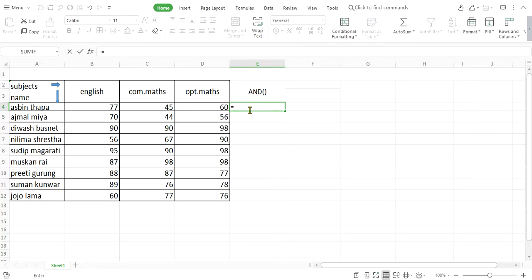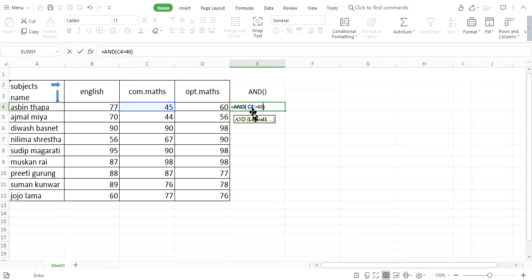Okay, we have to press equals and AND function. Here the AND function will automatically be shown. Then we have to press the tab. The function will automatically appear in this cell. Okay, AND, and let's give the inputs for this logical function, logical inputs. Okay, the inputs are, let me take the compulsory math subject, this is the marks in the compulsory math. This should be greater than, let me take, this should be greater than 40.